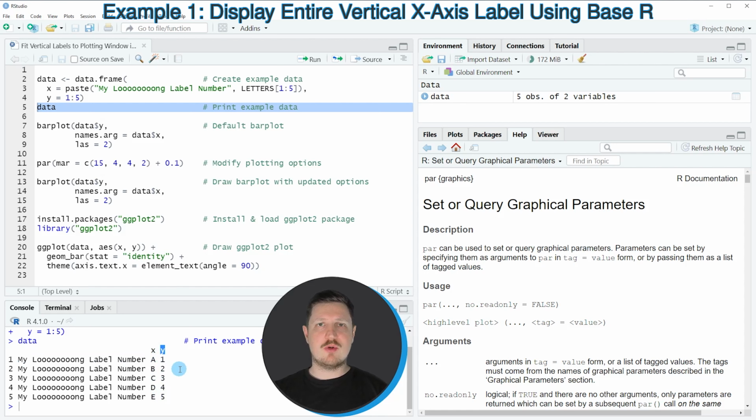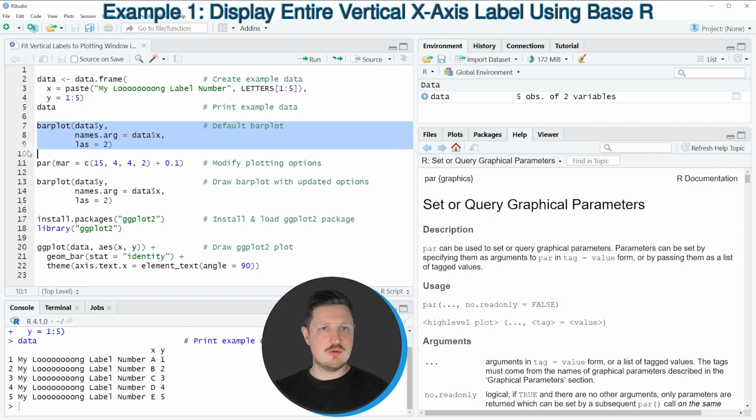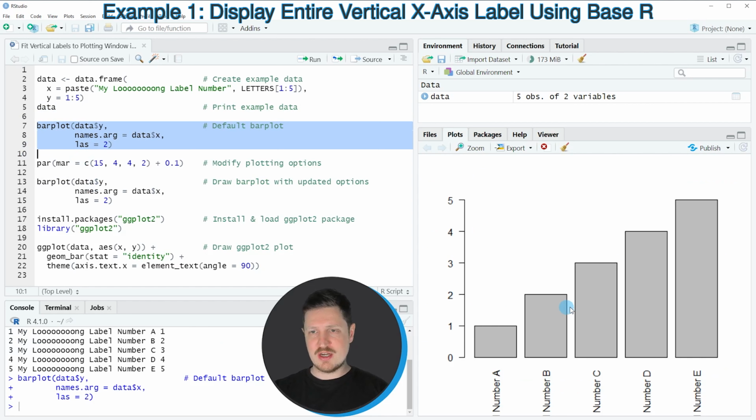Now let's assume that we want to draw these data in a base R plot. Then we can use the barplot function, as you can see in line 7 of the code. So if you run these lines of code, you can see at the bottom right that a new barplot is created. However, you can also see that our vertical labels are cut off by the plotting window